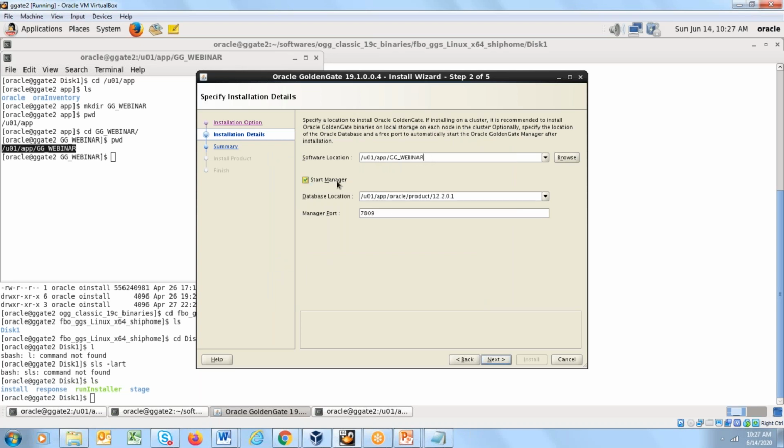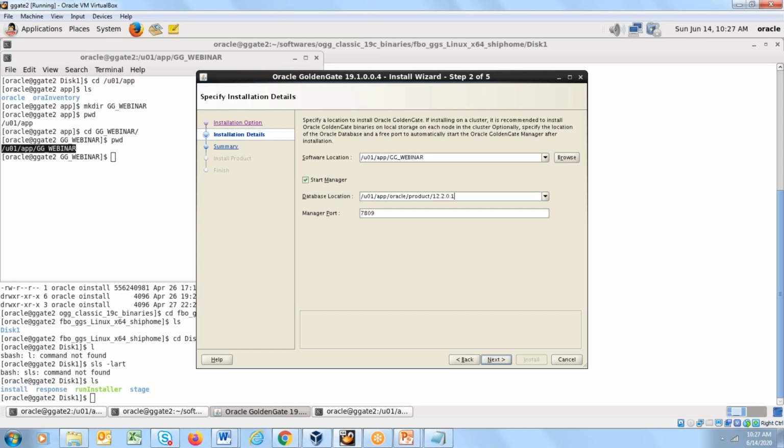Next, it is asking for starting the manager. As I mentioned to you, one of the components of Oracle Golden Gate classic architecture is the manager process, and we are doing the installation of classic architecture. The manager process requires a port to run on. So we are choosing the option of starting the manager, and it is asking for the database location, basically the database home.